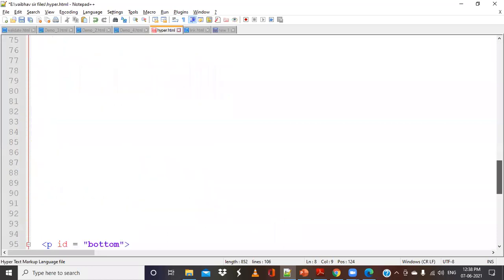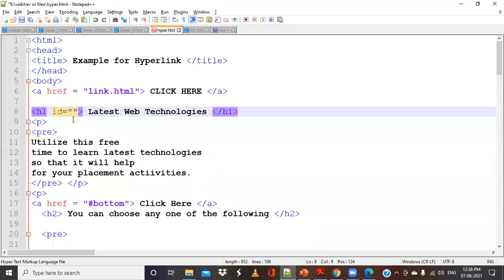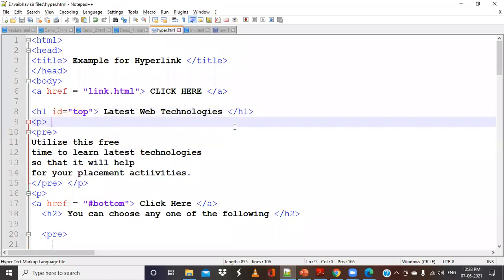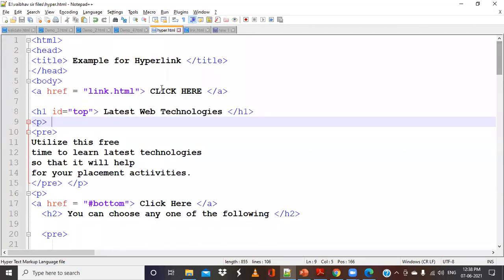What I have used here is top. Basically you have to give the ID first, and that we have to use. I will give it as top. So the moment I click on this particular link, my cursor will come to this particular place.